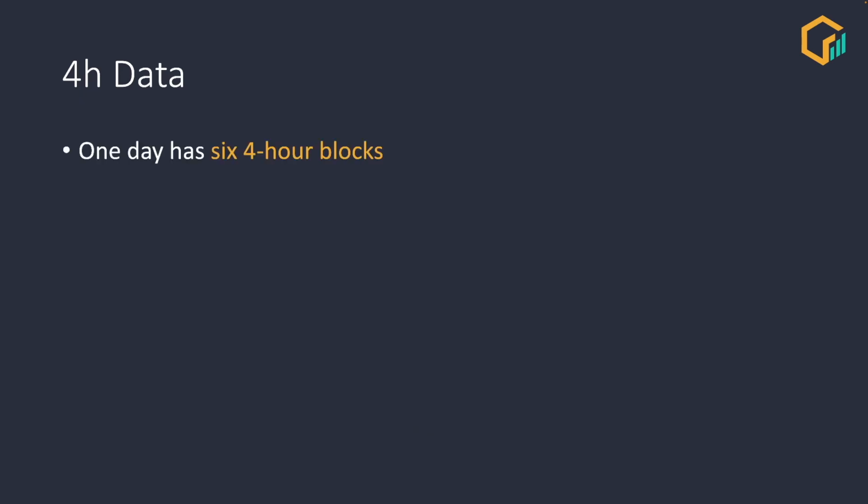So first of all, 4-hour data is very simple. One day has 6 4-hour blocks. Right? We have 6 4-hour blocks in a day, or 6 4-hour candles, because 24 divided by 4 is 6. So that is simple. And what we do is we look inside those 4-hour blocks,